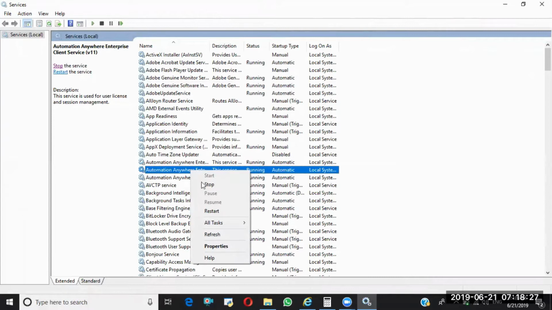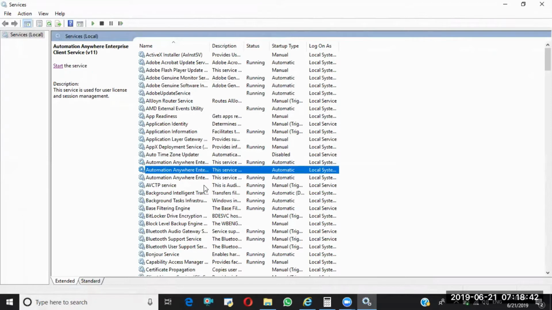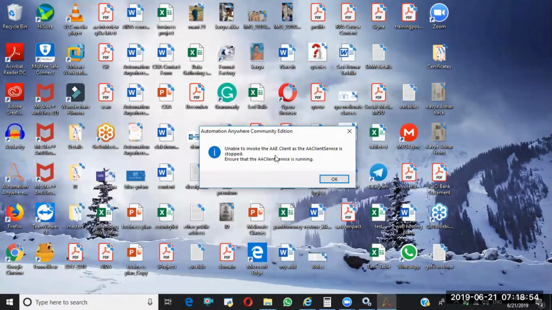Now I am going to stop this particular service. So now I am going to open my Automation Anywhere here. See, it is giving: unable to invoke AAE client as the AAE client service is stopped.